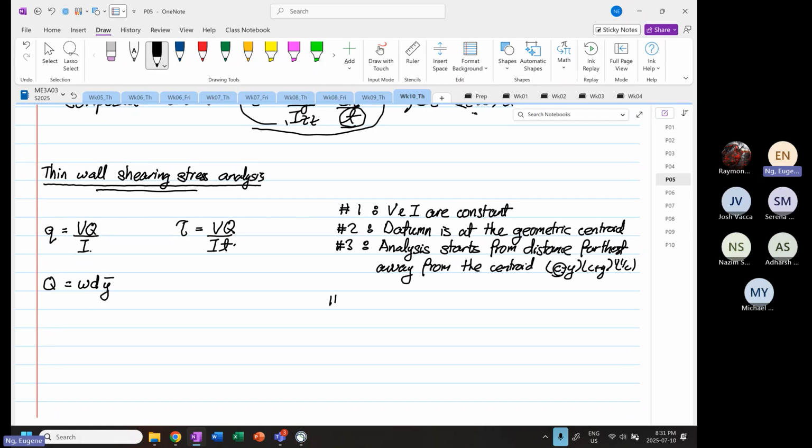Now, rule number 4 is where Q, the first moment of area, cannot pass the centroid. But we also discover that when Q is above the centroid, it is